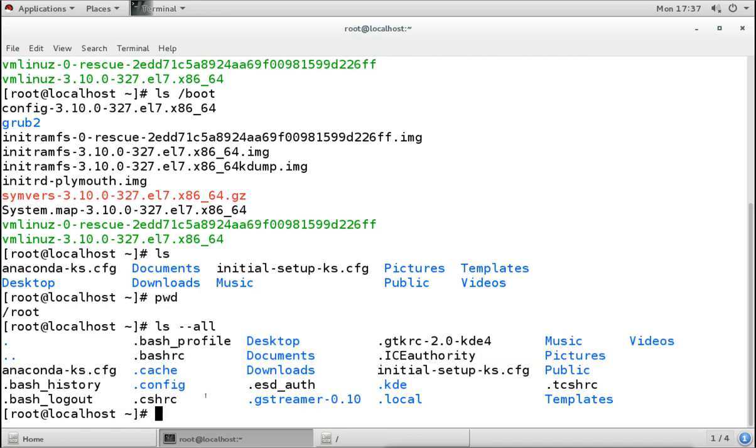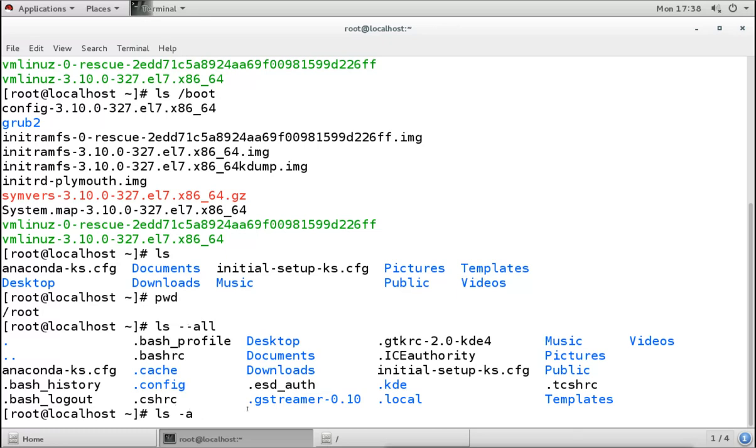Now we can use this full option, or we can use a shortcut also. For using the shortcut for any option, we give only one hyphen and the shortcut of that option. For example, for this option all, I can use hyphen a only.